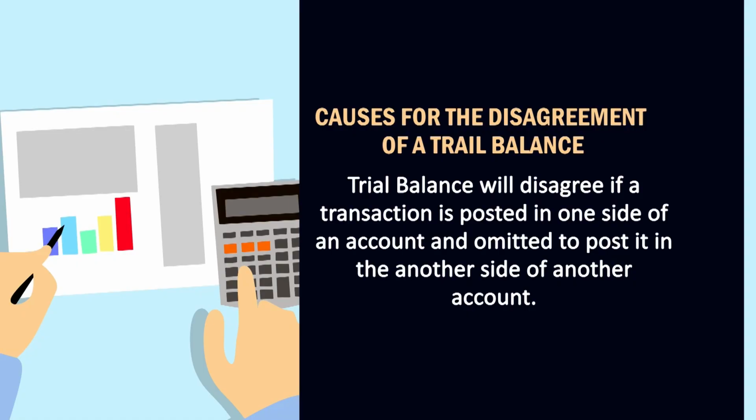So, here two accounts are affected. The first one is purchases account and the second account is Shyam account. So, here both the accounts have been affected by rupees 1 lakh. So, when we post the journal entry into the ledger, then in the debit side of purchases account we will write to Shyam account rupees 1 lakh, and in the Shyam account we will write in the credit side by purchases rupees 1 lakh.